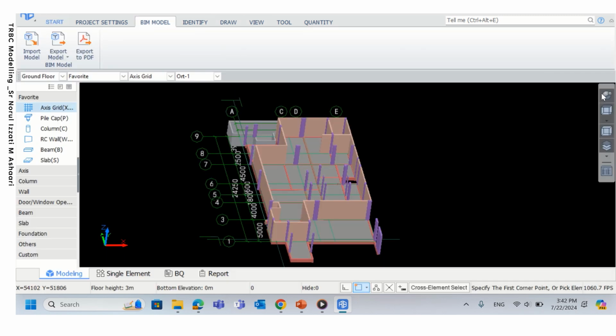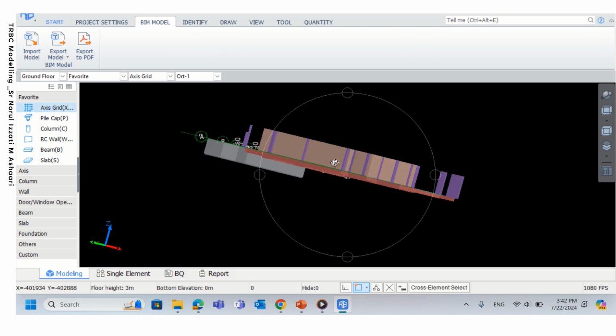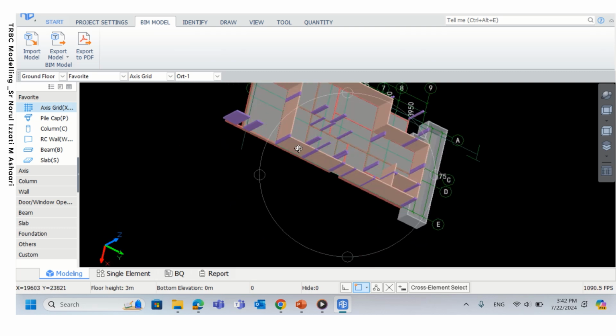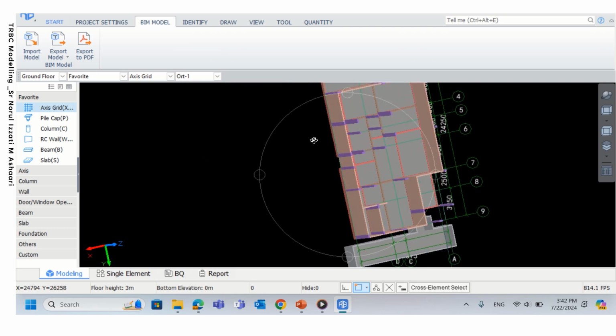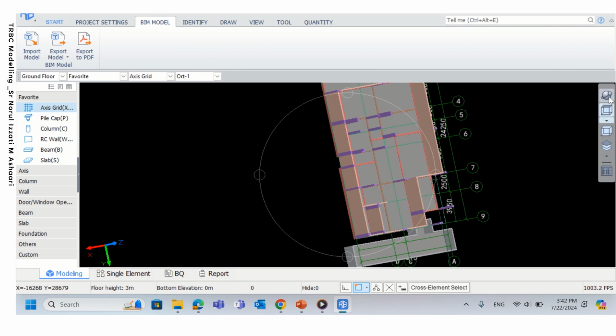If let's say you go to the dynamic function and then if you move your mouse, you are not able to move the mouse properly. Okay, so this is the same view that you can see with the TAS. This is the dynamic function. If you want to go back to the 2D model, you can